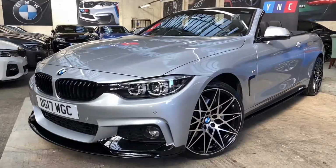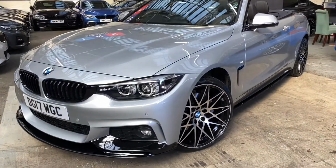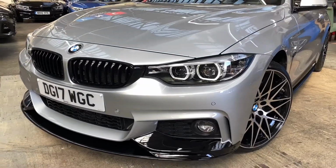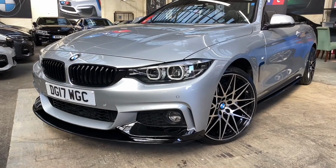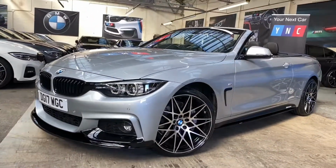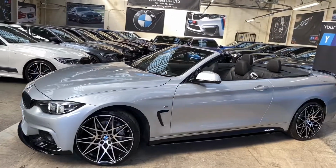So at the front of the vehicle you'll see it is a 2017 17 plate, and a very nice feature of the facelift is of course the darkened facelift headlights. Alongside that, you'll see the gloss black front splitter, gloss black kidney grills, and of course those immediately striking 20-inch alloy wheels. Down the side of the car, we've got the gloss black air breathers on this vehicle,